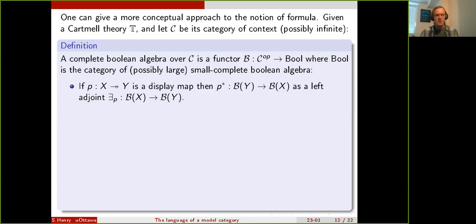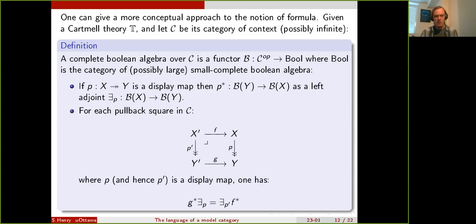So I want, in addition, that for every display map, the maps that encode context dependency, type dependency, the functoriality along this map, which I denote by P upper star, going from By to Bx, so it's a contravariant functor, has a left adjoint, which I call exists P, because it's supposed to correspond to existential quantification for formulas. So I want this left adjoint, and I want a so-called Beck-Chevalley condition,